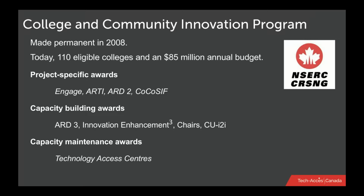But I think it's important to go back to go forward. So in 2008, there was a creation of a college and community innovation program designed to fund applied R&D for...